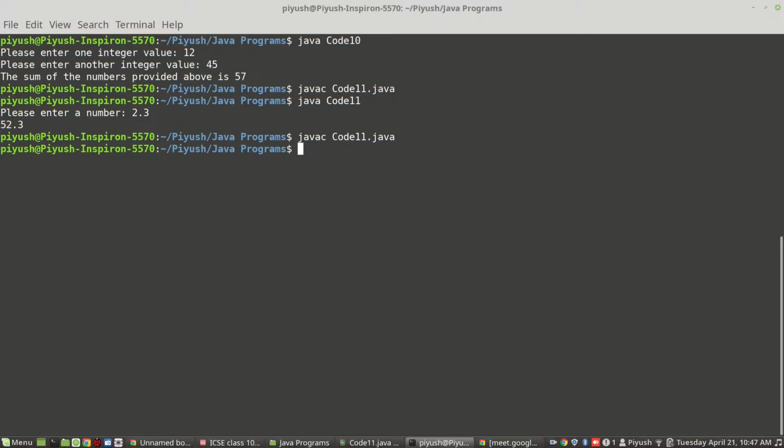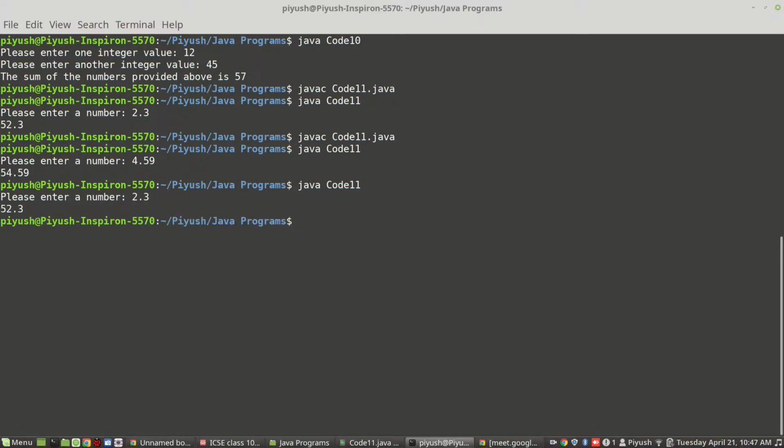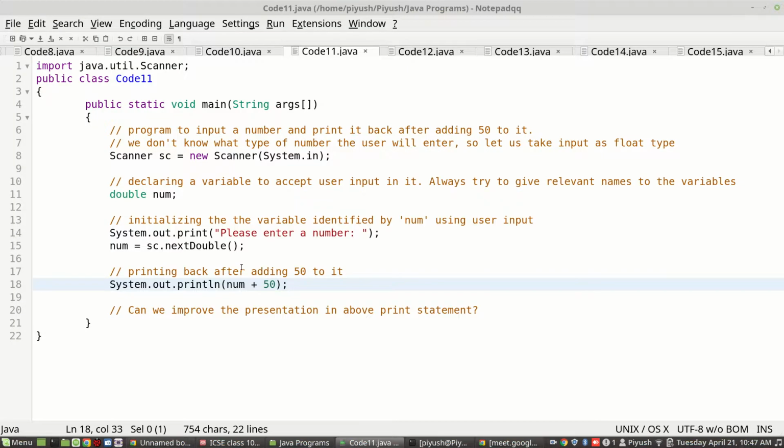Fine, it compiled successfully, and then I'll run the program. So enter a value. Let's say I write 4.59. Let us see. So it gives 54.59. At times if you give, let's say, 2.3, 52.3. Internally, you won't see much of the difference. It will appear that both work the same way.